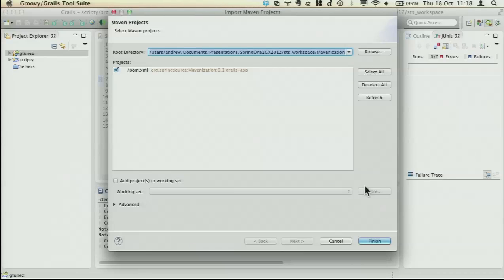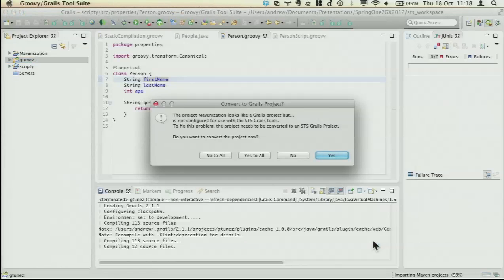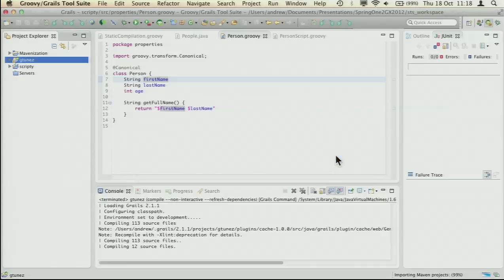So right now, this is just a Maven project that happens to have the Grails plugin installed. This over here, it's asking that this is a Mavenized project, but it also looks like a Grails project. Do you want to continue? Do you want to convert it? So you click yes, and